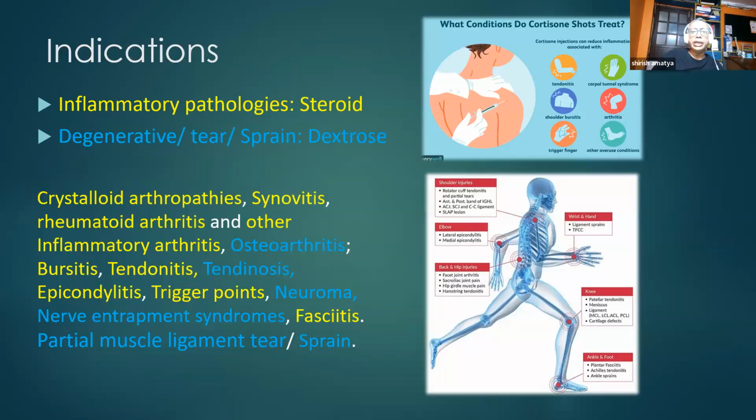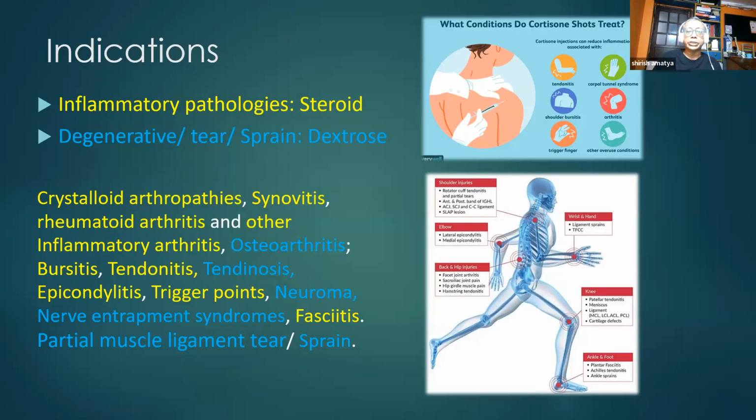So these are the few indications of the steroid as well as dextrose injection. In summary, for inflammatory pathologies, steroid injections are the best. And in case of degenerative pathologies or even tear or sprain of the ligament, muscle, or tendon, dextrose prolotherapy along with PRP is the best. The yellow colored indications are all for inflammatory pathologies, and the blue colored ones are all for degenerative pathologies, tear and sprain,